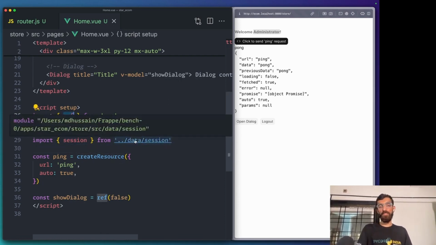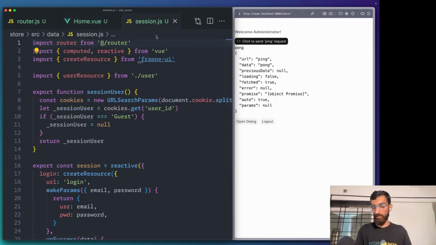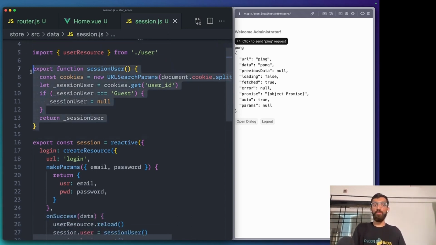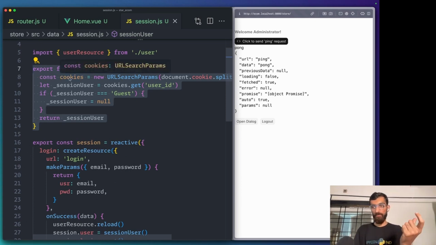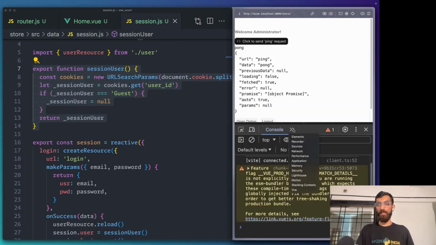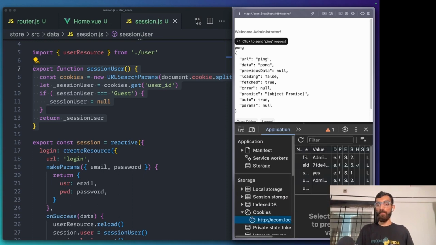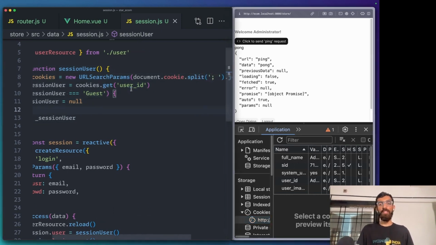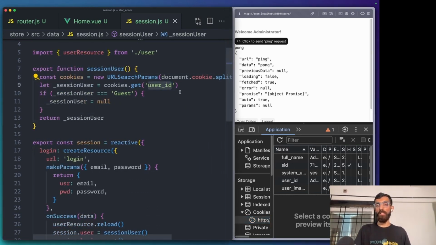But session is coming from this file called session.js. So this, again, came out of the box with the Frappe UI starter. It's using the router and computed and reactive. It's using create resource. It's using some user resource. But the main function to focus on here is this session user, right? So this function reads the cookies that we were seeing right now in the application. These cookies, right? And from there, it is searching for user ID, right? Which is